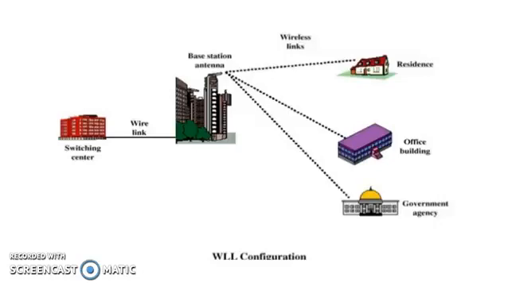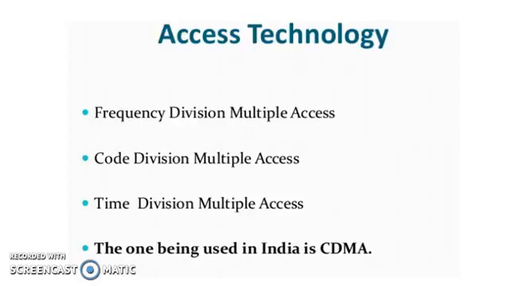And from the antenna to the telephone at home or at office or in big buildings, the connectivity will be wireless. This wireless means it will be using radio signals. The WLL can use FDMA, CDMA or TDMA access, but in India most of the time we